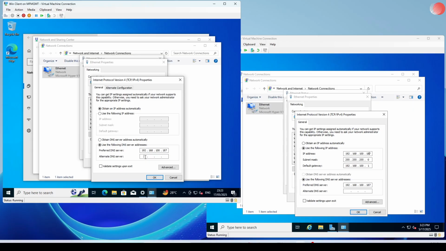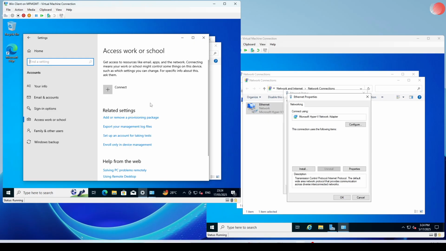And we will also create another video to discuss how we can do that. So right now if we look at the details, our DNS is now the IP address of this domain controller, and if we go back